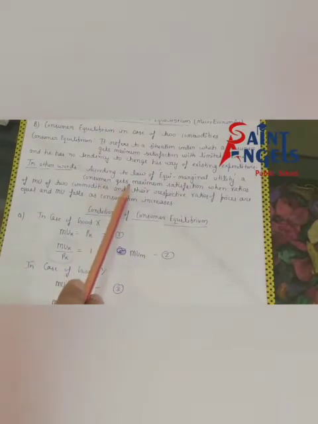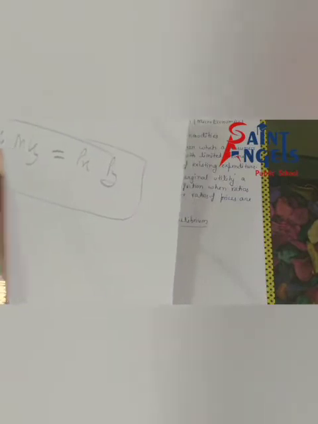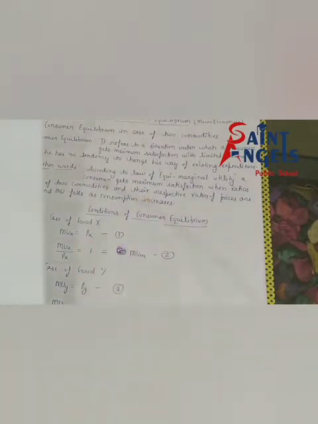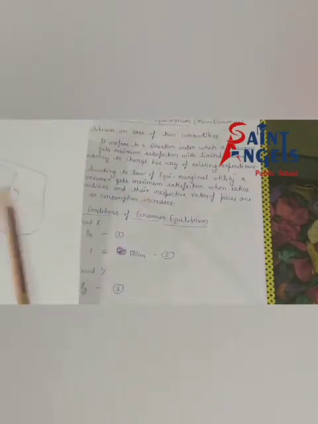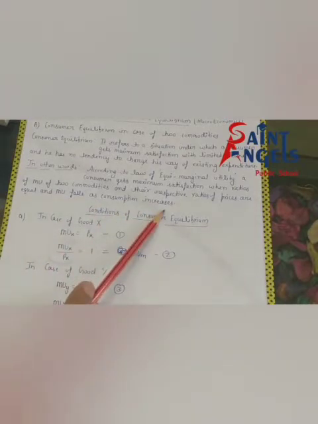According to the law of equimarginal utility, the consumer gets maximum satisfaction when the ratio of MU of two commodities is equal to their respective ratio of price. Ratios of prices are equivalent. MU falls as consumption increases, because as we consume more and more units of a commodity, marginal utility goes on decreasing, according to the law of diminishing marginal utility.